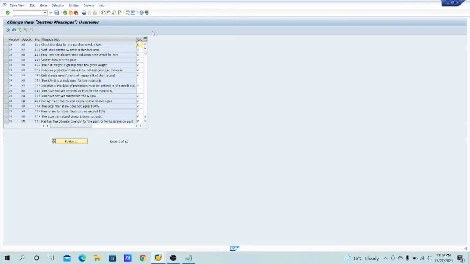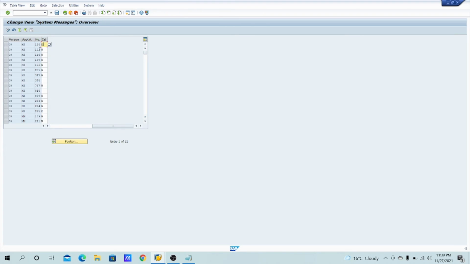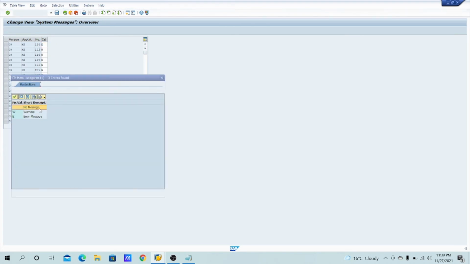So see, E means error and W means warning. As you can see, E means error message and W means warning. As you can see here, no message, warning message or error message.